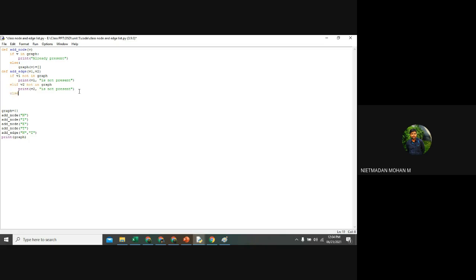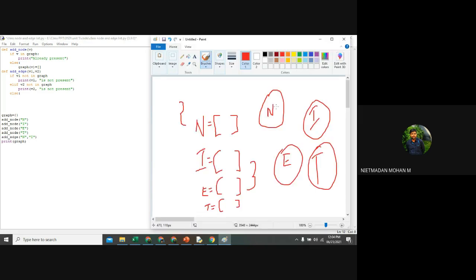What do I want to do now? If it is present, what will happen? If I am connecting the first node, N and I, then what changes will occur here? In N, I will be added, right?